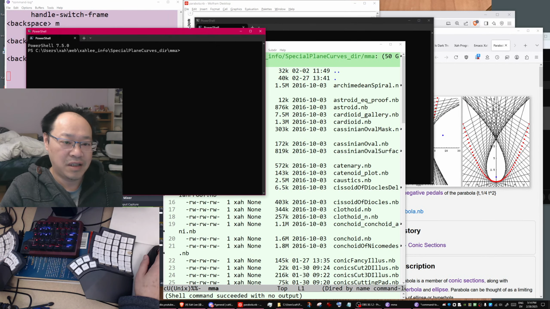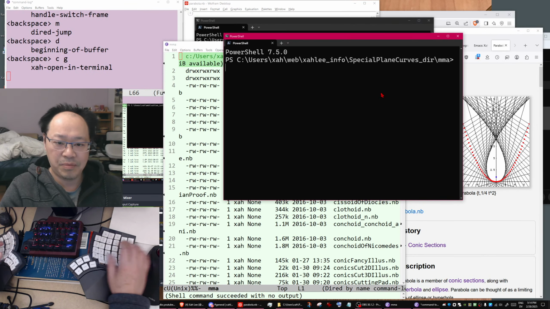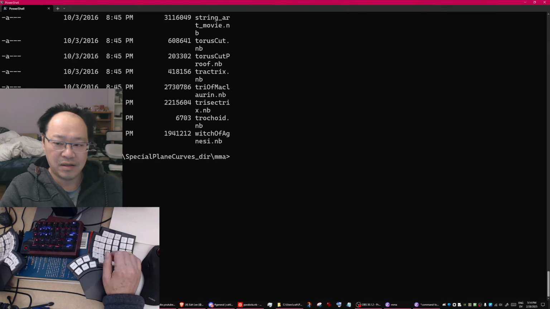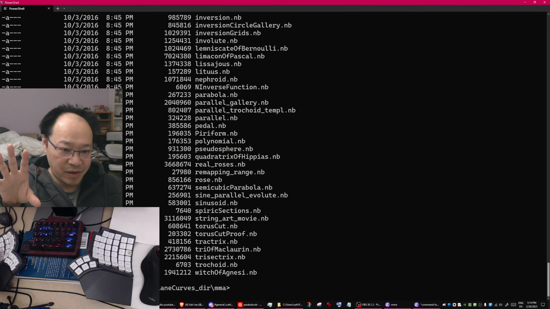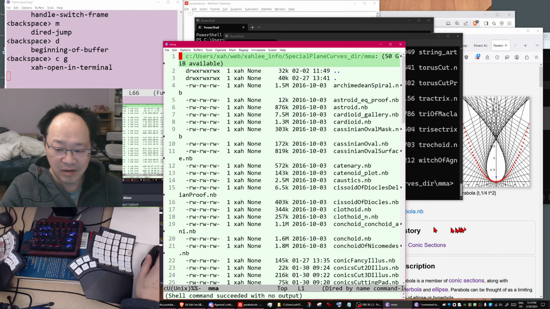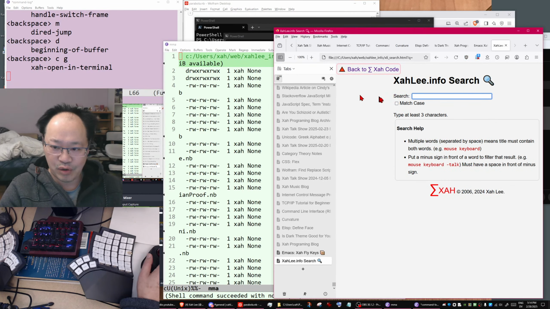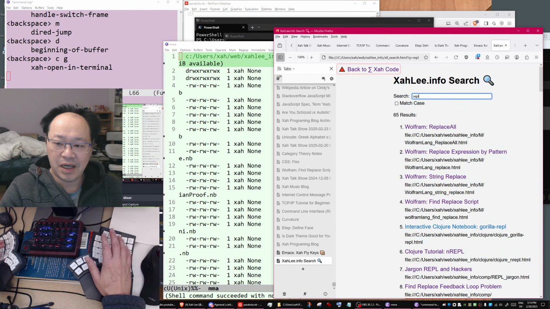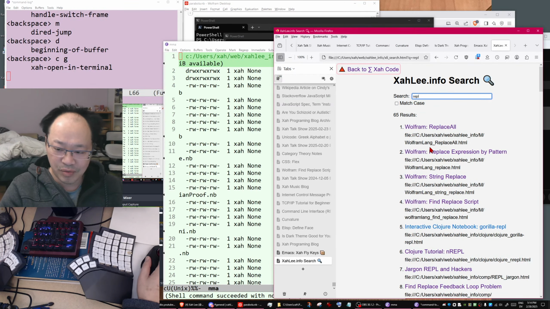You can see I'm in this directory. Now let's magnify. Control scroll up. This is REPL, this is shell, this is bash. I have an article on what REPL stands for. Go to xahlee.info, search REPL. It's an idiotic concept, especially from the Python Zoomer idiots.